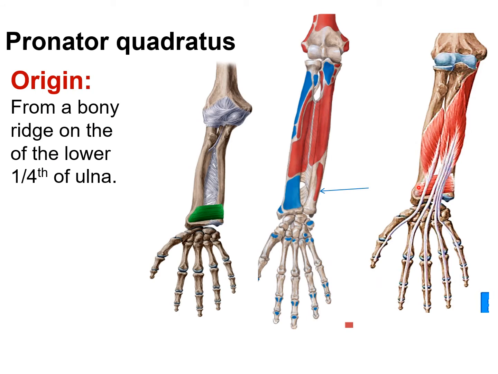The last muscle of the deep groove is the pronator quadratus. As the name suggests, it is quadrilateral in shape. It arises from a bony ridge on the anteromedial surface of the lower 1/4 of ulna. So it arises from the anteromedial surface of lower 1/4 of ulna,